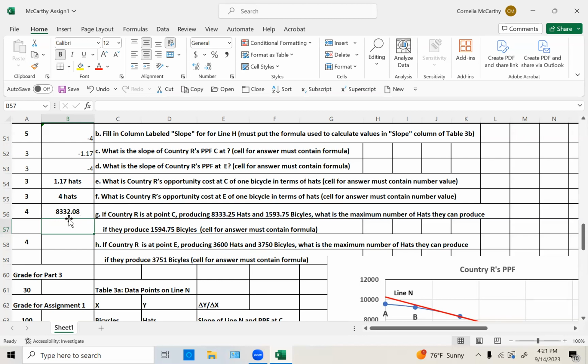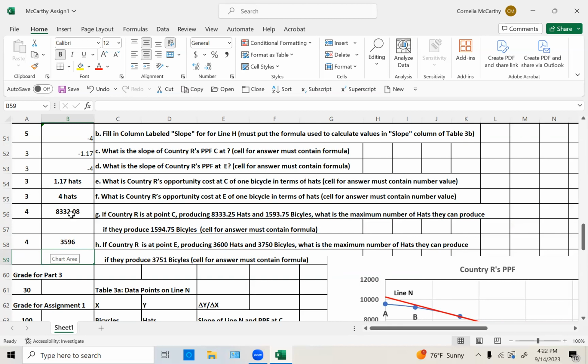So 8,332. And then the same process is here. We're going to say, well, how many hats are we producing now? We're producing 3,600. We're going to produce one more bicycle. So the cost of that one more bicycle in terms of hats is going to be 4 hats. And the answer is going to be that the maximum number of hats we can produce if we're producing one more bicycle is